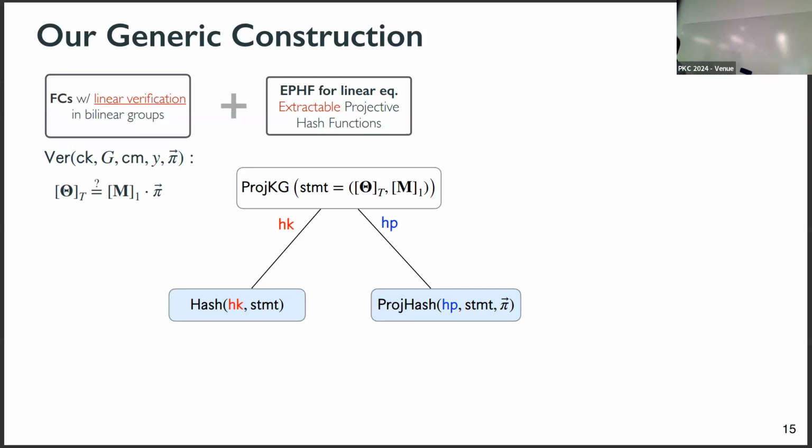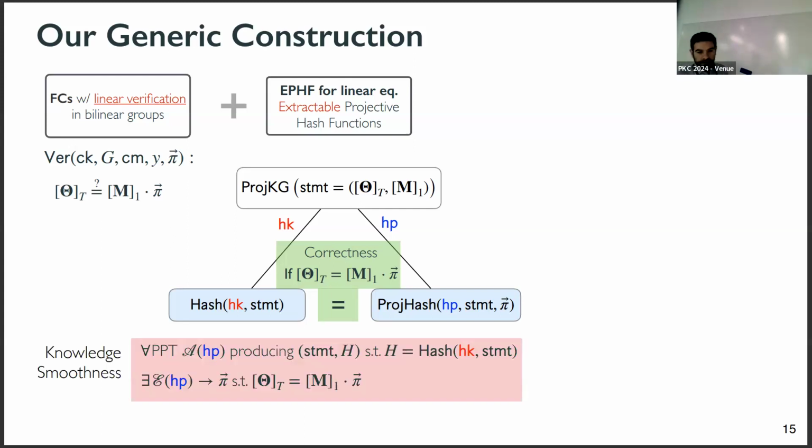A secret hash key with which you can hash statements, right? And a public projective key that allows you to hash statements, but only if you have a witness for them. With the property that if this is a good witness, so if theta is M times pi, then actually the public projective hash coincides with the secret key based hash. But otherwise,